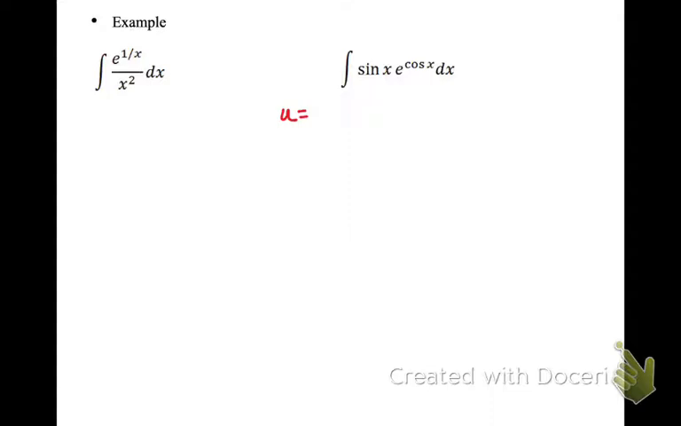Use the exponent. What's the exponent? Cosine x. So we have cosine x. And what's du? Negative sine x dx. Did you know that? No. So now I need to add in a what? A negative. So we now have the negative integral of e to the u du, and negative e to the cosine x